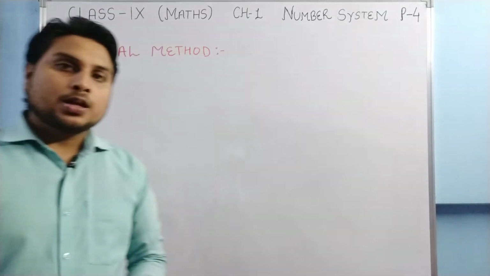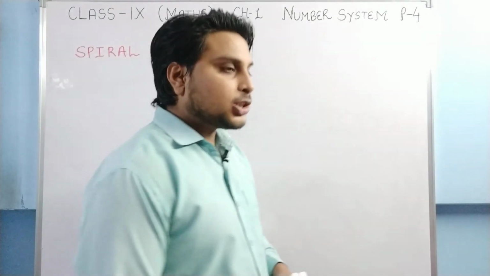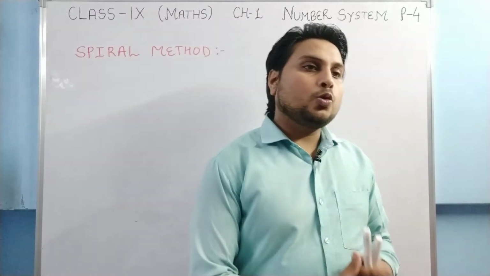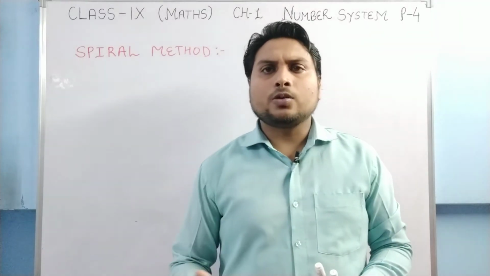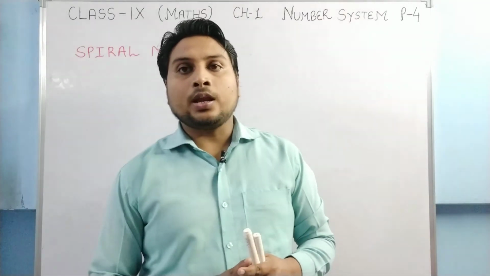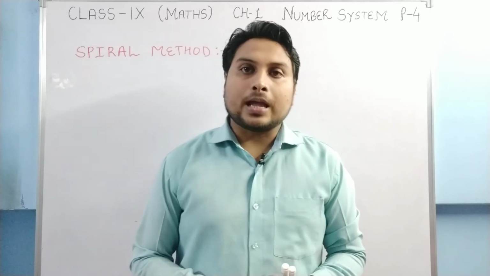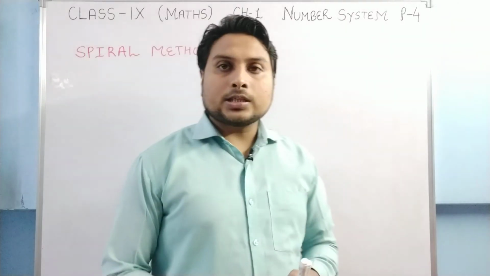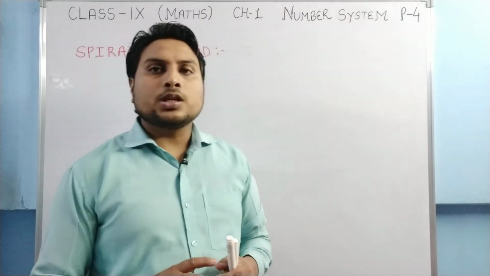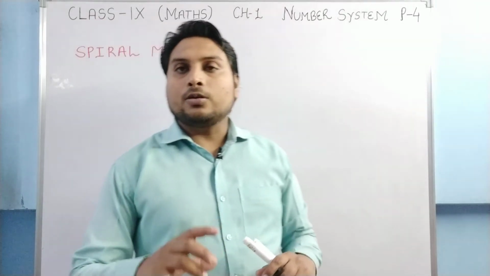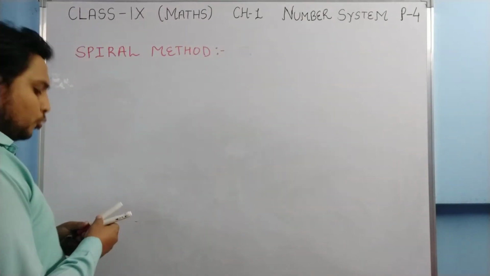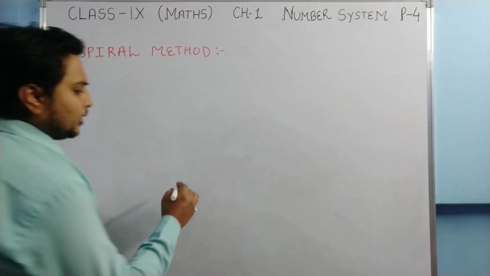Now students, to show irrational numbers on the number line, the numbers from under root 2 to under root 11 or under root 12, we can show on one number line by the help of a spiral method. What is a spiral method? The same concept is there, that the values we take will follow the Pythagoras theorem, and it will start from under root 2. Let us see how we can represent it.